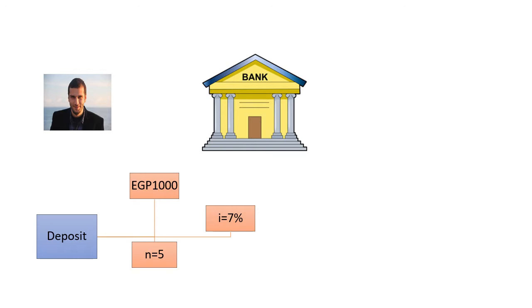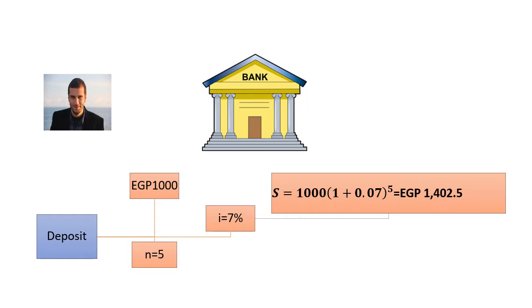As we discussed before in the lecture of compound interest, you can find the accumulated value of any principal amount deposited at the beginning of any period by applying the equation of future value, which is S equals P times (1 plus i) to the power n. So by applying this equation, S equals 1000 times (1 plus 7%) to the power 5. So Ahmed will get after 5 years